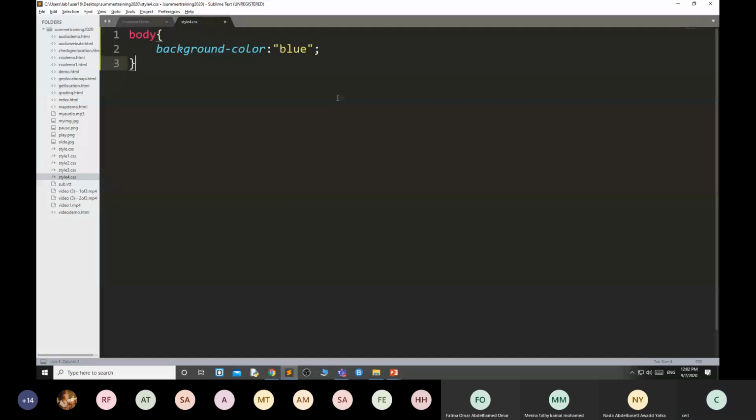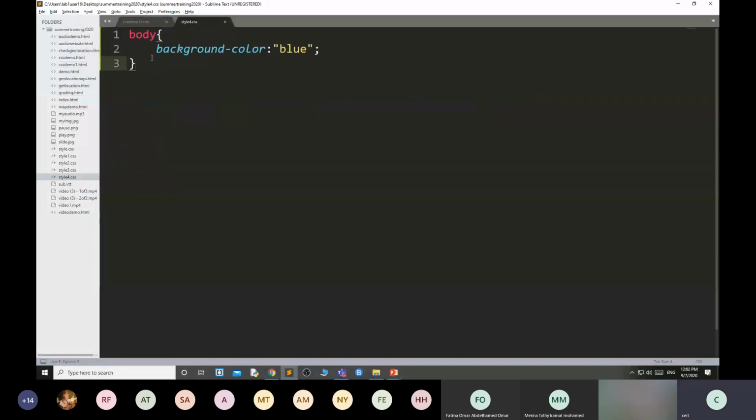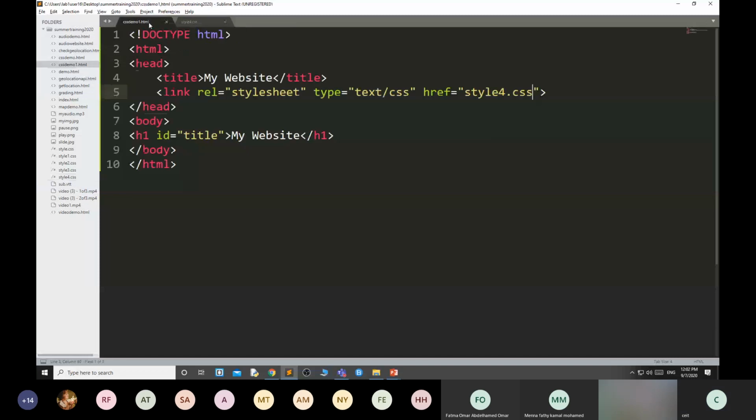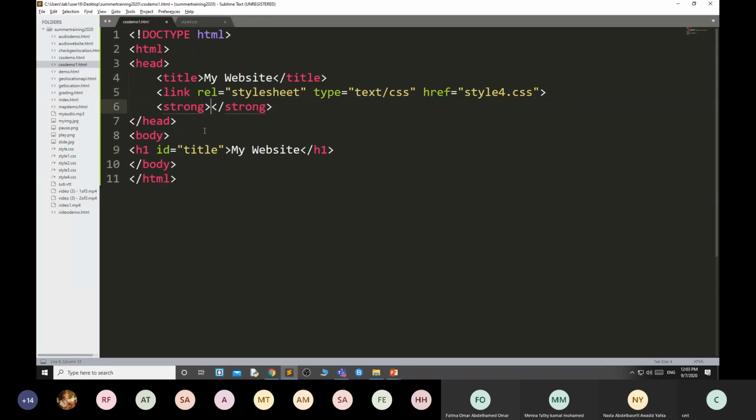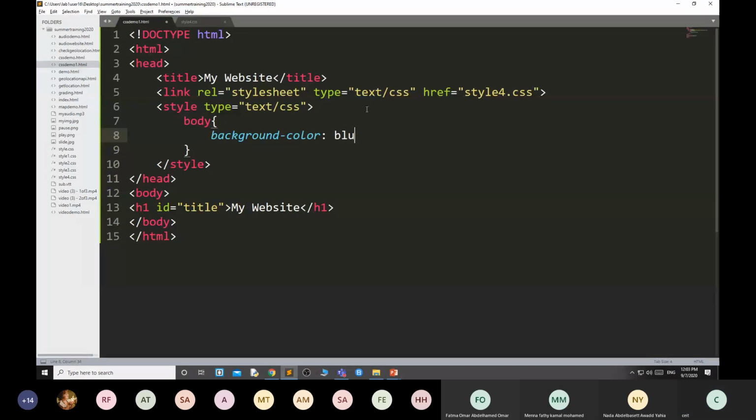Background color. Style, body, background color, blue.